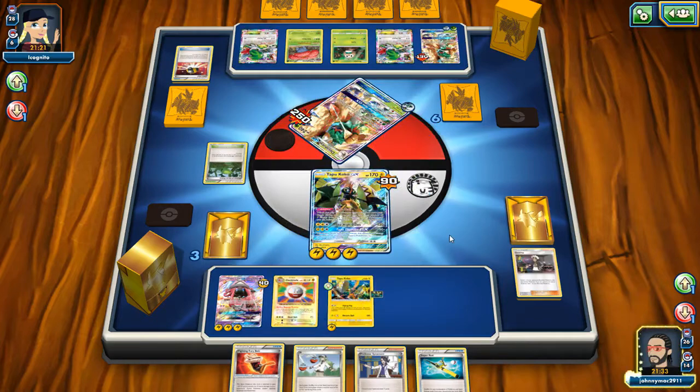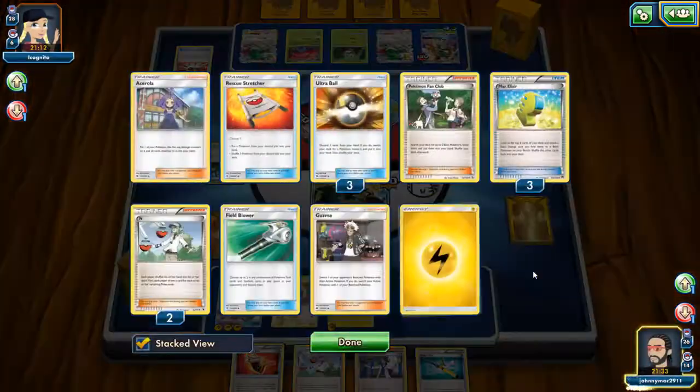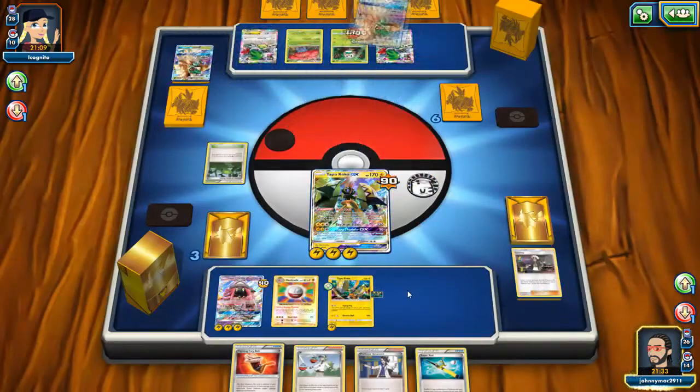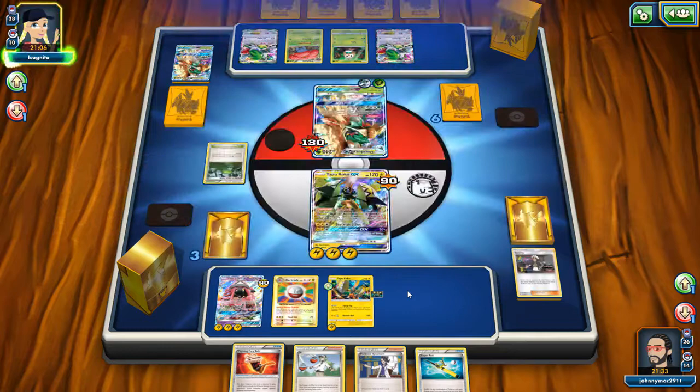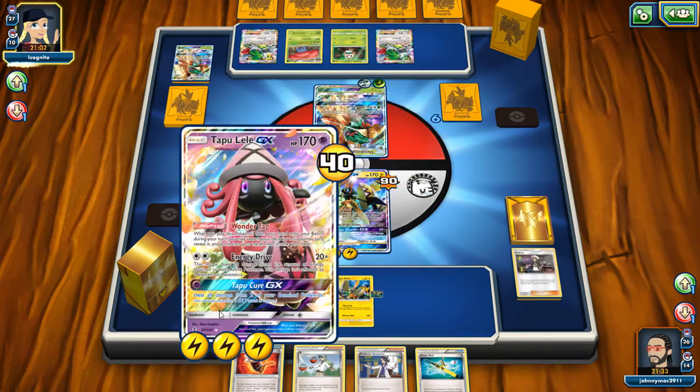Now, I think this Tapu Koko goes down this turn. He dies this turn, but we have Sycamore in hand and a Super Rod. So we're probably going to Super Rod, bring back the Tapu Koko and a couple of energies, and then we're in a really nice position after that to be pressuring with another Tapu Koko. In fact,